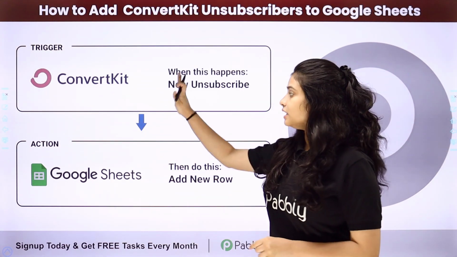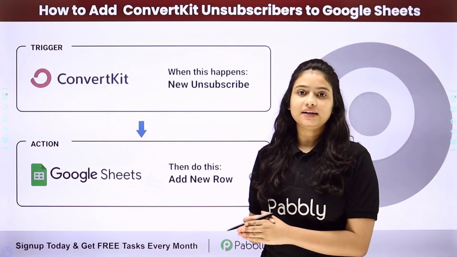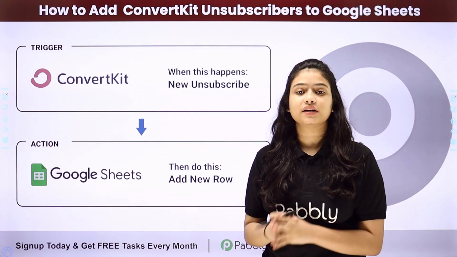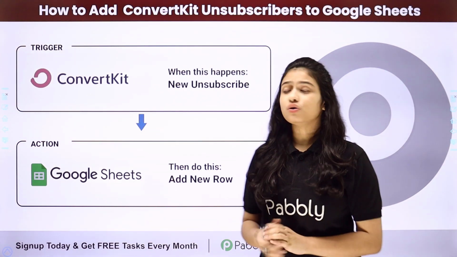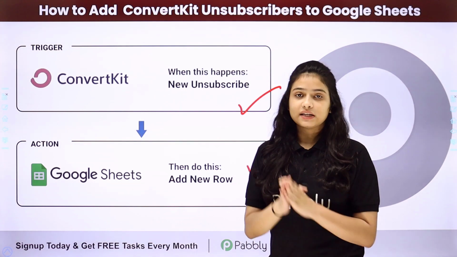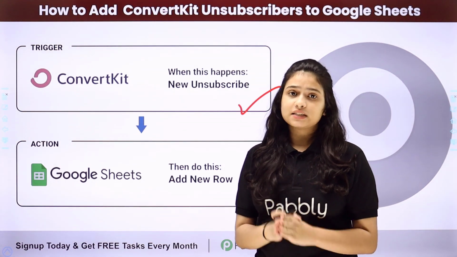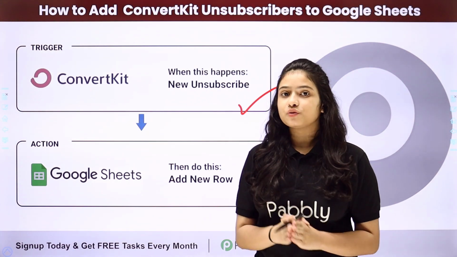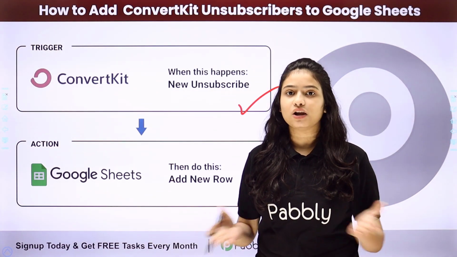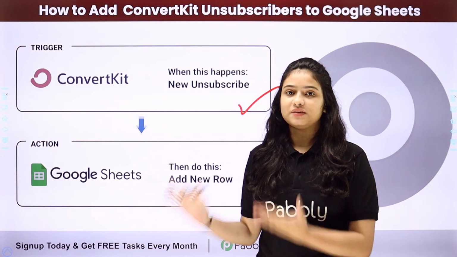For that we will have to integrate both these applications, and to do the same we are going to use an automation and integration software, Pabbly Connect, in order to connect both of them. We have ConvertKit in our trigger and Google Sheets in our action. So we will be connecting both of them by using Pabbly Connect in such a way that whenever a new person unsubscribes from my ConvertKit account, automatically a row will be added in my Google Sheets along with the details of that unsubscriber. And to learn the entire process step by step, let me take you all to my